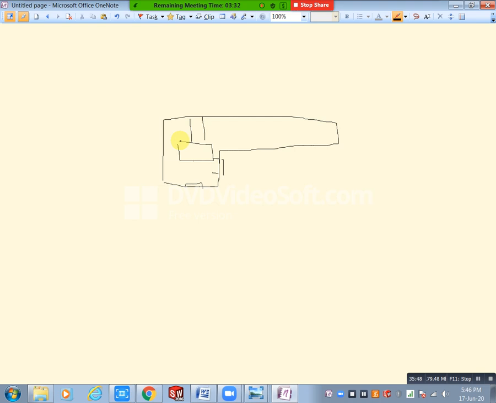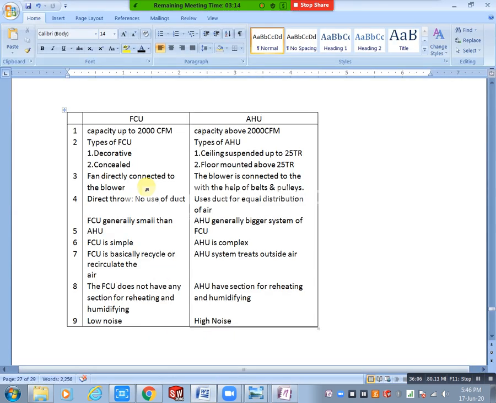Yes, in that condition if you need you can open. That is also possible. Definitely when you place your HVAC service, we have one choice: how can we open that one also? In lighting fixtures, if we have any problems with lights, we can also open our false ceiling. Next, here we have ceiling suspended up to 25 TR.